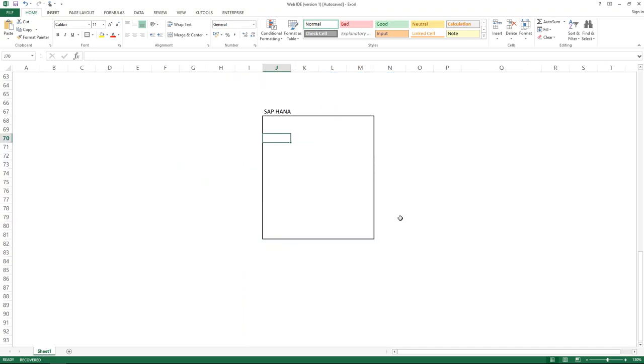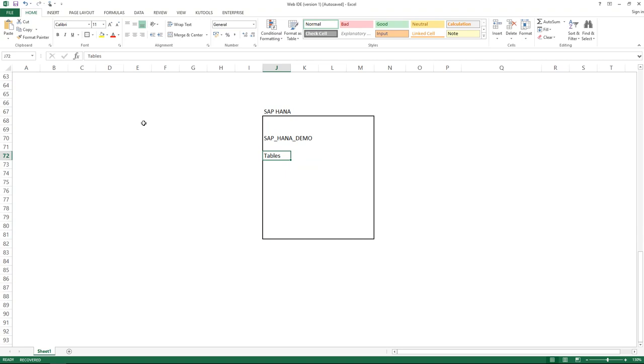I've zoomed it. This should be fine. Now within this HANA database, I have got a schema called SAP underscore HANA underscore demo, and I have some tables within this schema. We have got some tables given. Now, as of now, you should not worry about how these tables were created and how the data is populated